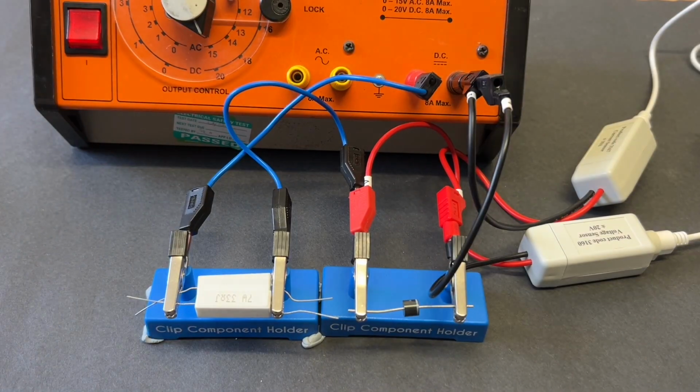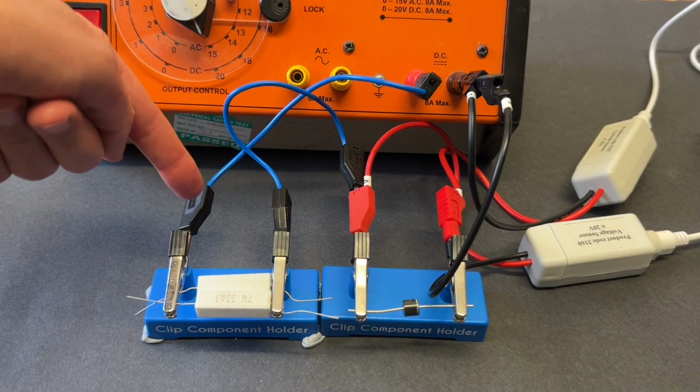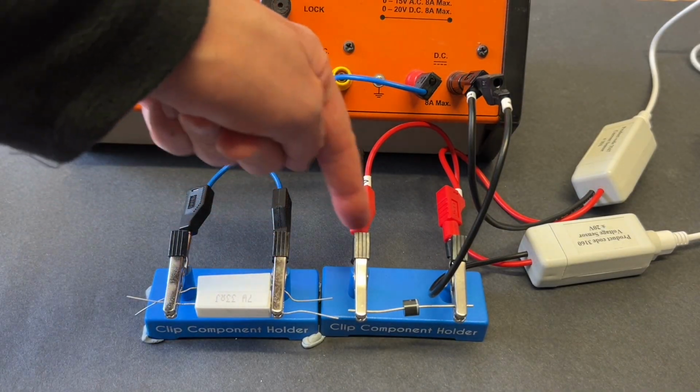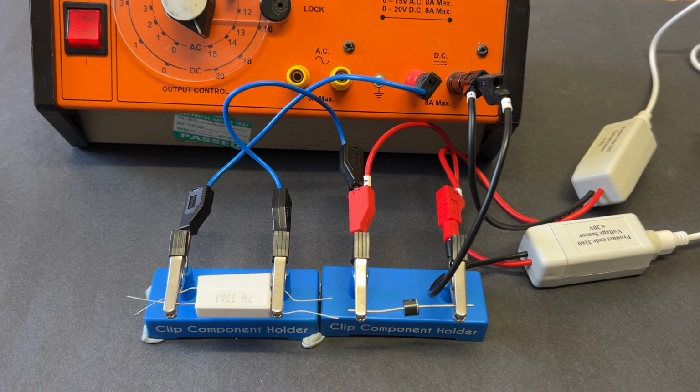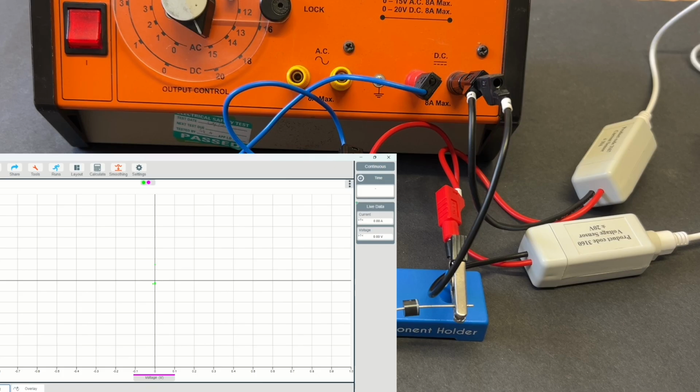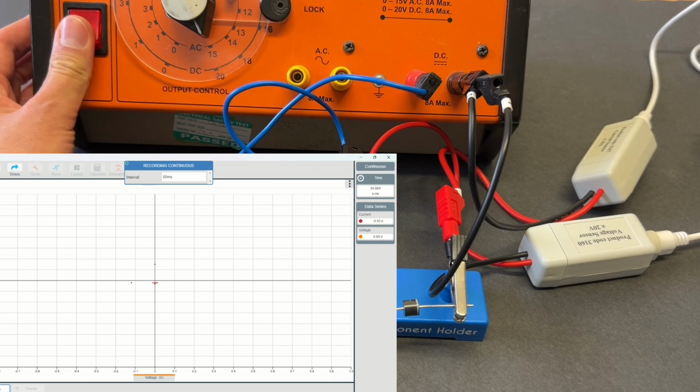And then we have a circuit that goes from the power supply to the resistors, through the diode, through the current sensor and back to the power supply, with the potential difference or voltage sensor connected across the diode. Once you've adjusted the range for current and potential difference to new sensible values, then you can start logging again